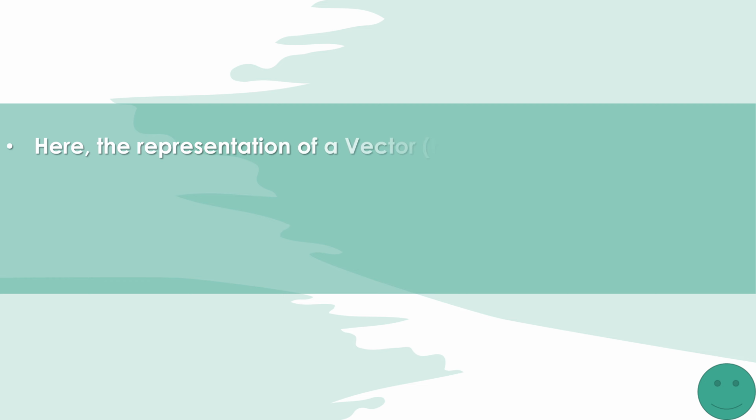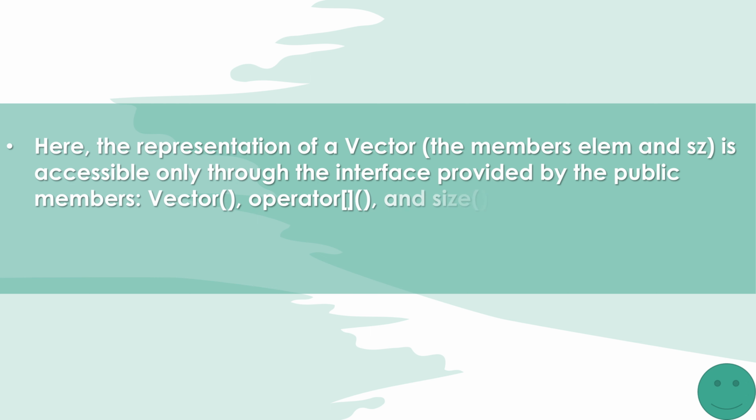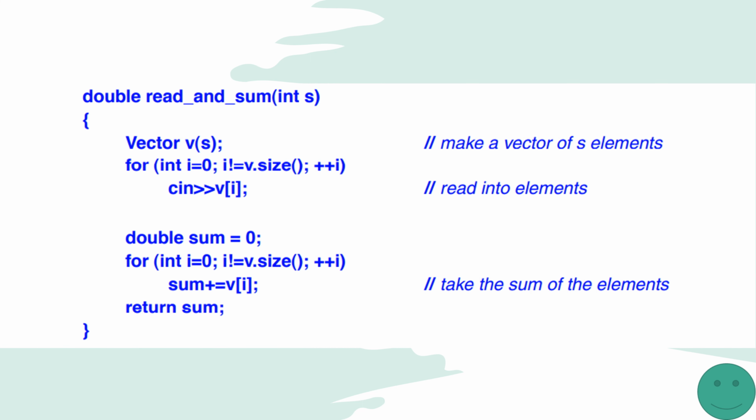Here, the representation of a Vector, the members elem and sz, is accessible only through the interface provided by the public members: Vector(), operator[](), and size(). The read_and_sum example simplifies to: double read_and_sum(int s) { Vector v(s); // make a vector of s elements for (int i=0; i!=v.size(); ++i) cin>>v[i]; // read into elements double sum = 0; for (int i=0; i!=v.size(); ++i) sum+=v[i]; // take the sum of the elements return sum; }